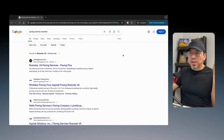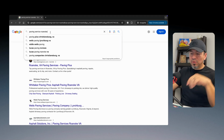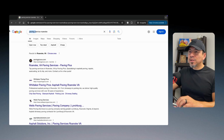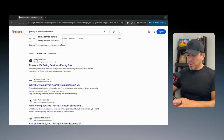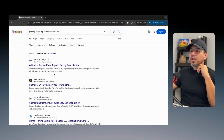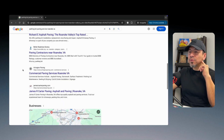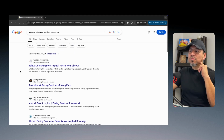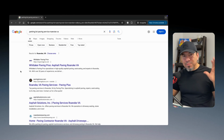So now when you look up things like paving service in Roanoke, Virginia, you're going to see this website right here. Let's say parking lot paving services in Roanoke, Virginia. Again, you're going to see them right here on the top of the search results and you're also probably going to see them here on the Google Business Profile listing as well,